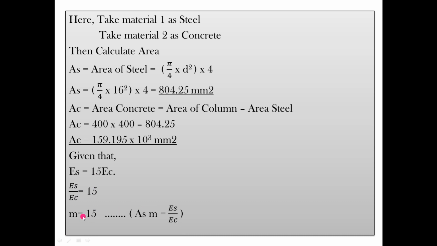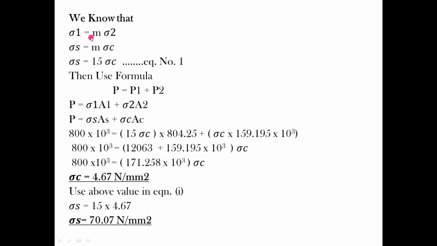That is the modular ratio. We know the modular ratio m is equal to the ratio of Young's modulus of steel divided by Young's modulus of concrete, that is Young's modulus for material number 1 divided by Young's modulus for material number 2. Then we get m is equal to 15. This is the modular ratio value. Then we know that sigma 1 is equal to m into sigma 2. This is the second formula, that is stress in material 1 is equal to m into stress in material 2. That is, stress in steel is equal to m into stress in concrete. Then the value of m is used here, then sigma s is equal to 15 into sigma c,